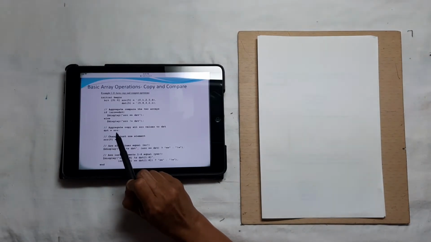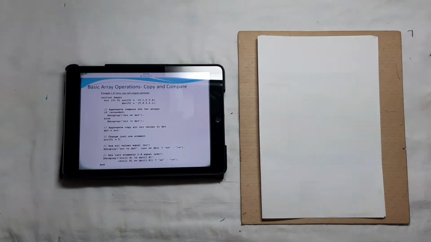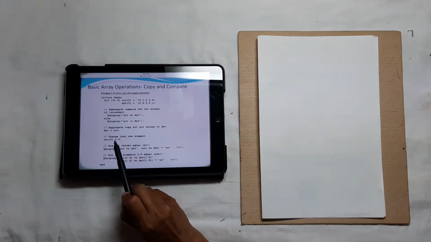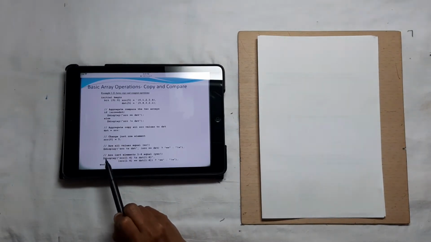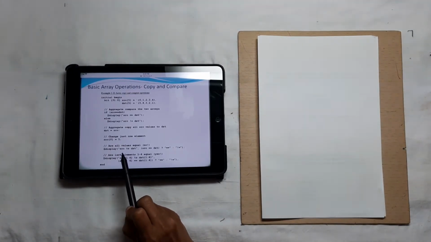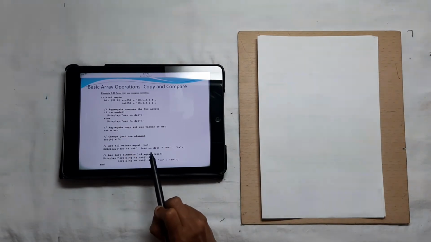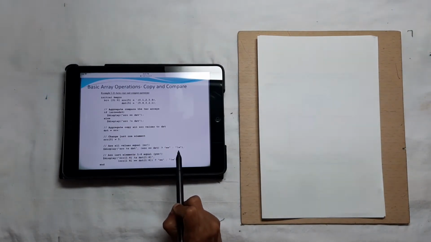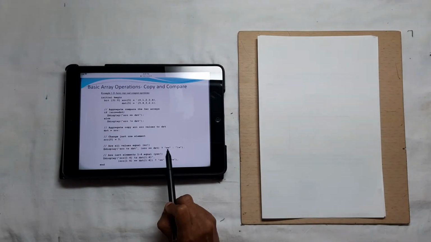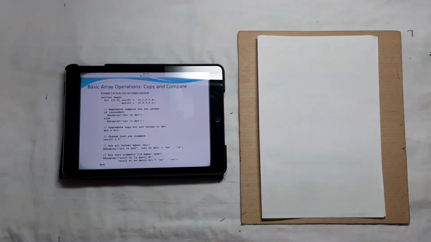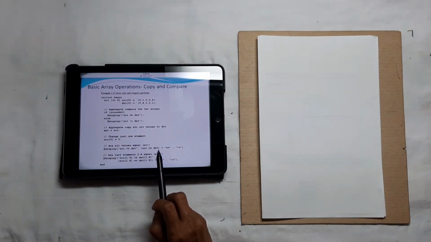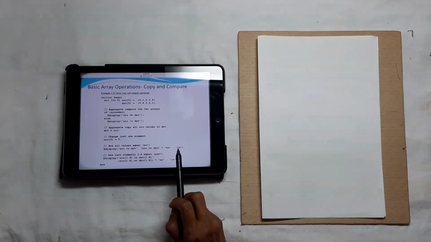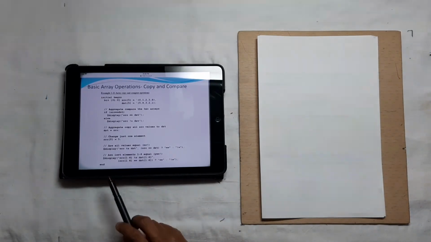Then what is done? The SRC values are assigned to the DST. And also change just one element, SRC of 0 is equal to 5. Then what is done? Display SRC %s DST. See, this is the conditional operator. If this condition is true, then this will be transferred over here. If this condition is false, then this will be displayed over here. So $display as per the condition of SRC is equal to DST. Accordingly, you will have double equal to or not equal to at this place.